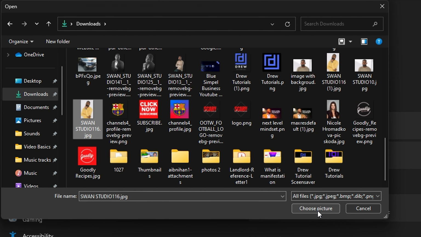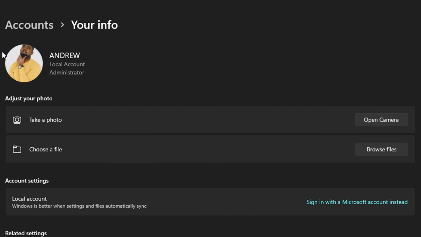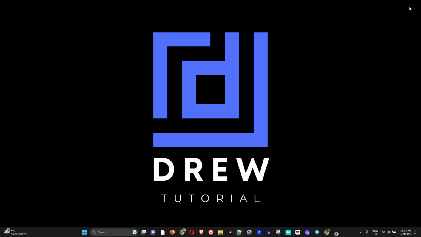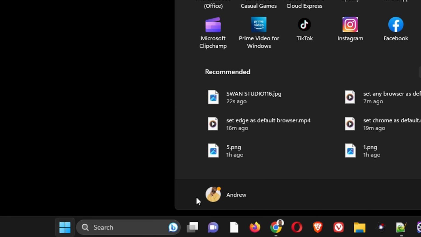I'm going to select this, then choose picture, and as you can see here, my photo is now changed. And this is how easy it is to change the profile photo on your Windows 11 computer. Once you're done, all you have to do is simply close out, and if you click the Windows icon here, you can see at the bottom that I have a profile photo